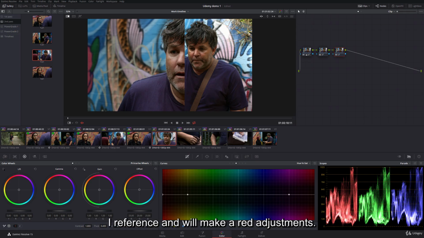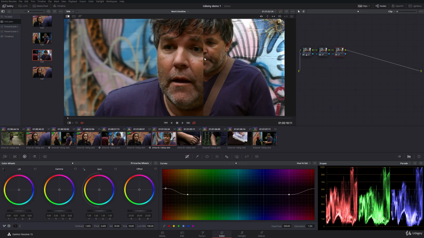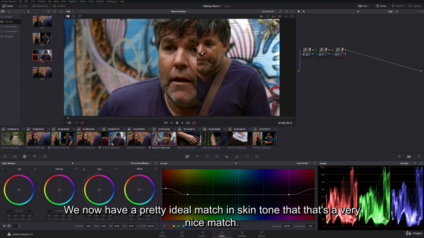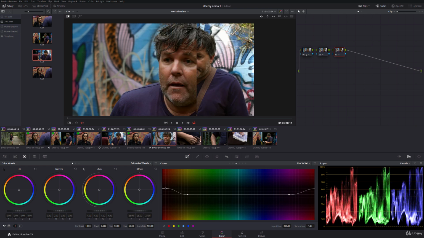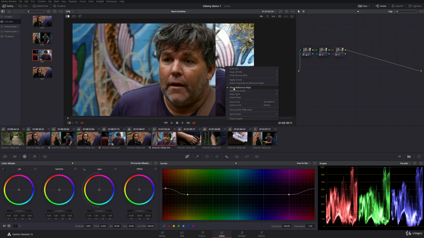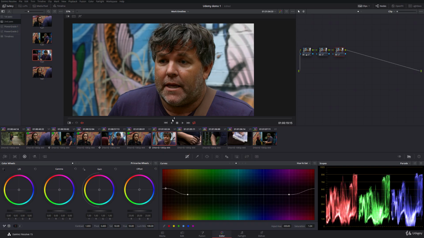our reference and we'll make a red adjustment. And as we increase the red saturation, you see, there we go. We now have a pretty ideal match in skin tone there. That's a very nice match. What I might do